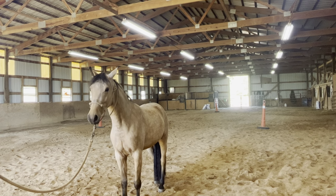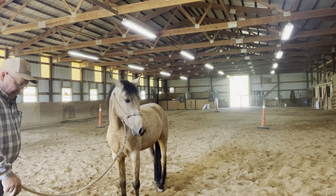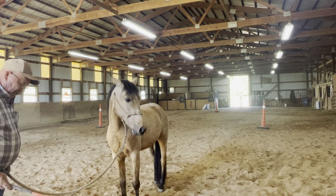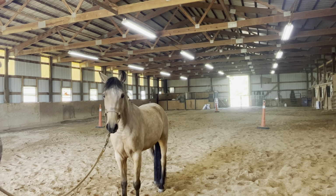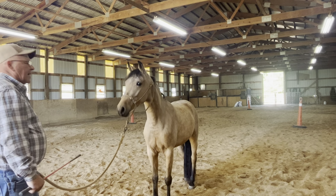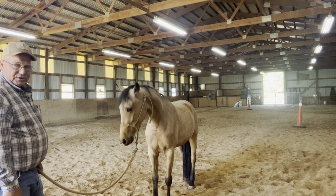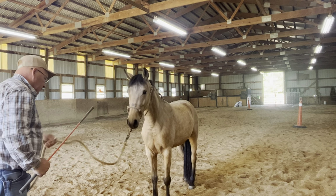Okay, now, one of my big things is for a horse to back. And this here's how I do it. I take this 4-foot stick. I'm going to sit here, and I'm going to jiggle that rope. And if she don't go back, I'm going to take this stick, and I'm going to come down on that rope until she does go back. Okay? So, we're going to jiggle the rope,